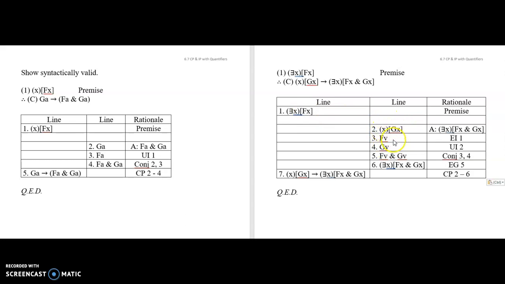If we had universally instantiated first, then V would have occurred on a previous line, and we would not have been able to invoke it here, following the rules of existential instantiation. So EI first, UI second, combine, find what you're looking for right here, and then discharge, and you write the first thing you assumed, arrow the last thing you got, which is here, and that is the solution to the